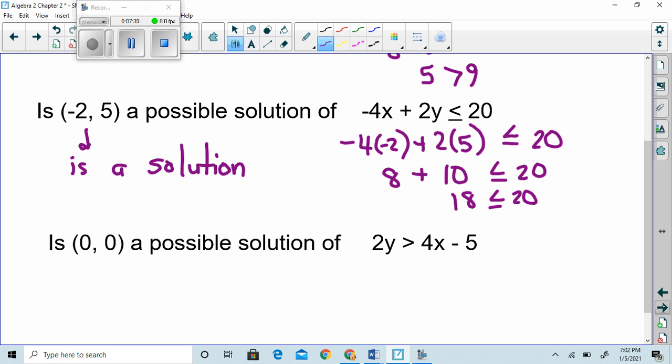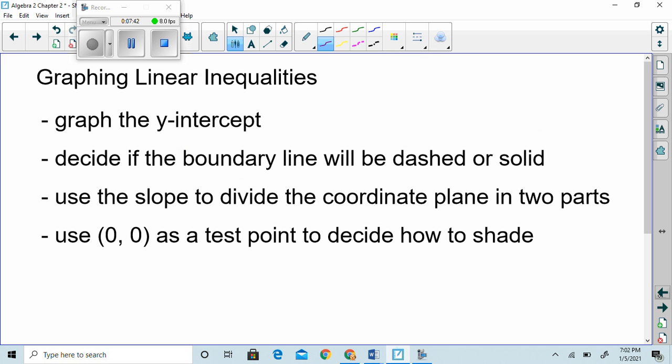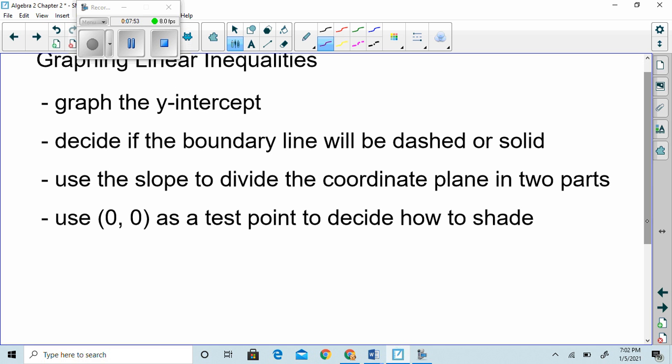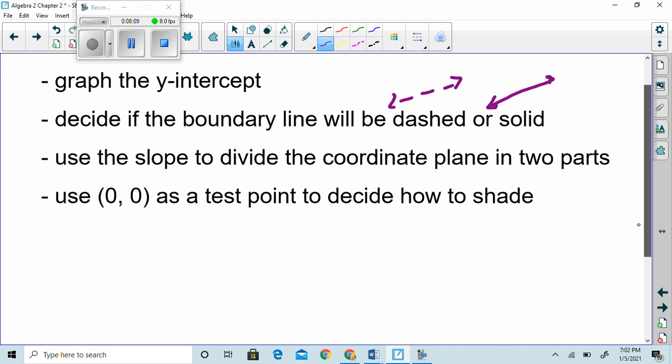And the final topic that will be on this test, try to keep it as few topics as possible, was the graphing of linear inequalities. If you recall, we had to graph using the slope and y-intercept. We had to decide if our boundary line should be dashed or whether it should be solid. And then we had to test out the point 0, 0 to determine whether we're going to shade with or away from the origin. One quick example, if I had y is greater than